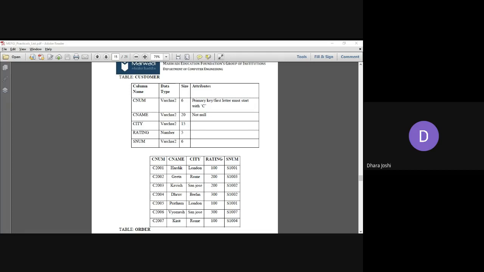Okay, Dhwani also created the table. Very good. Done from Vaibhav. Very good.